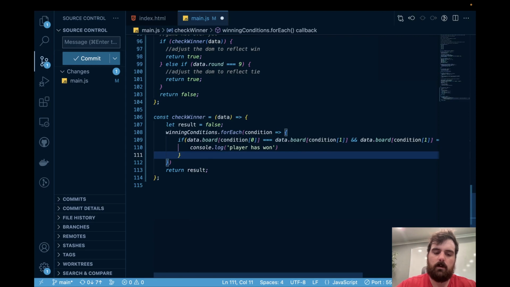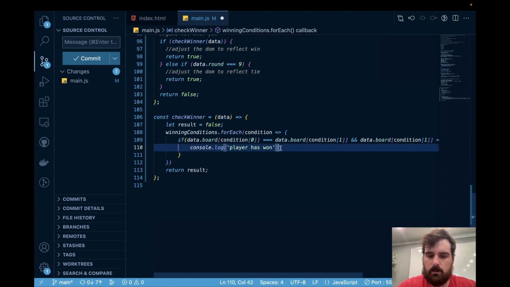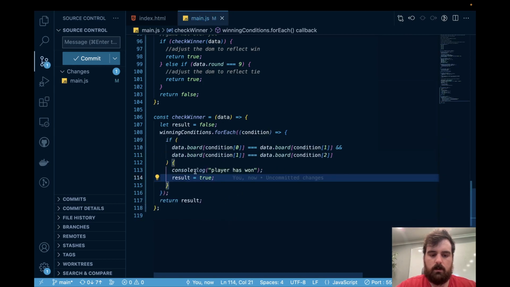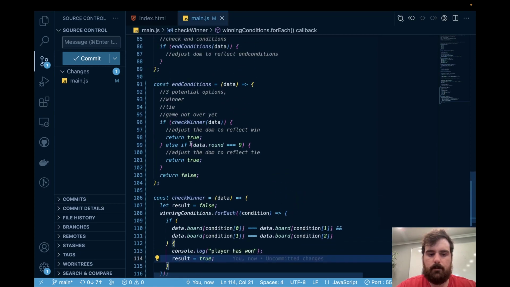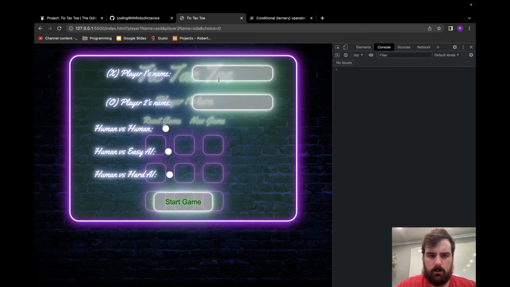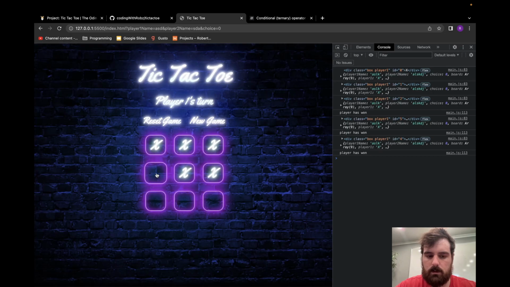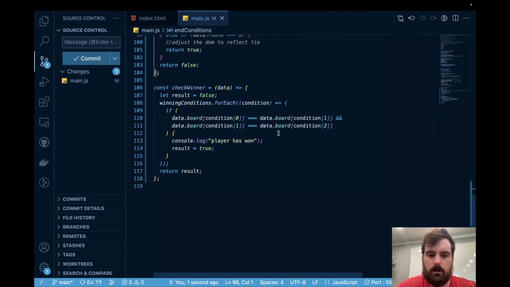so right here, if that's true, then result is equal to true. That result will become true and will return true. Let's see if this works. Right now, since we're not switching players, we should actually be able to get a win right here. There's one. Perfect. And it's still letting us do stuff because we haven't set